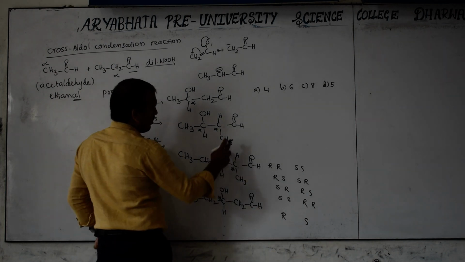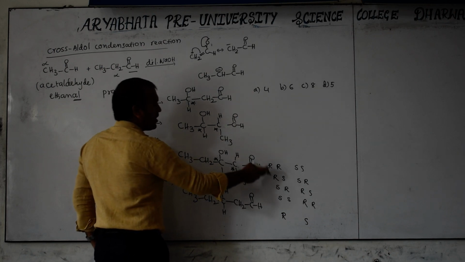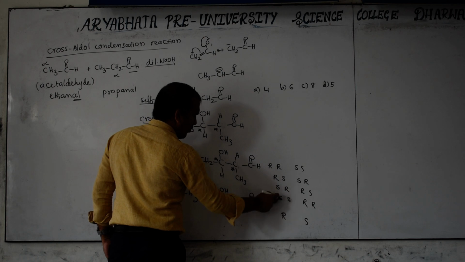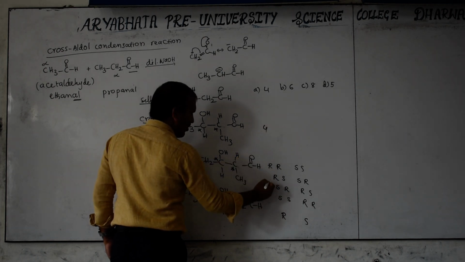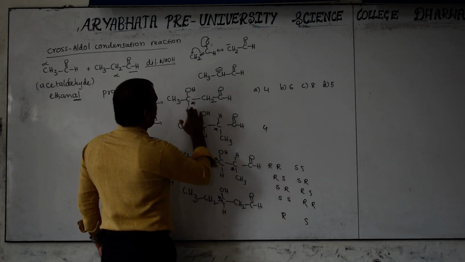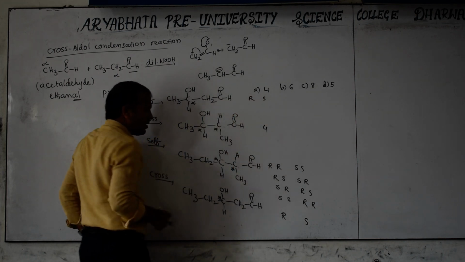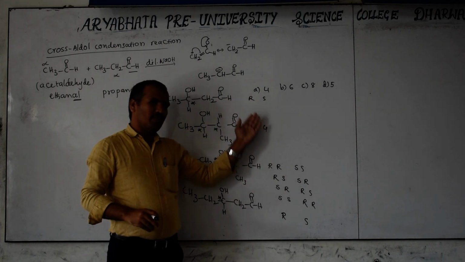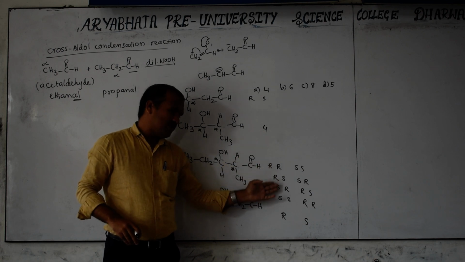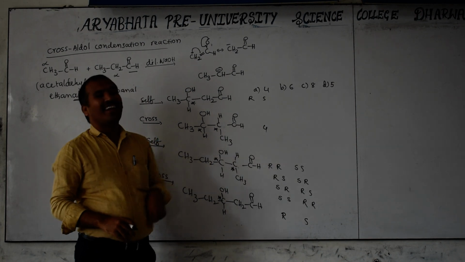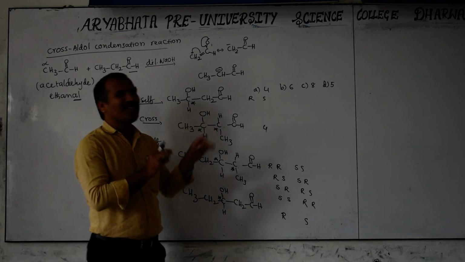Next, here same like this 4 possible. Here 1, 2, 3, 4. Then here 4 possible. Here 4. Here 1. And here how many possible? 1. It means here R is there. And here S. So 1 plus 4, 5, and this 4, 9 plus 1, 10. Option order. Even I also don't know. Directly I just wrote it here.